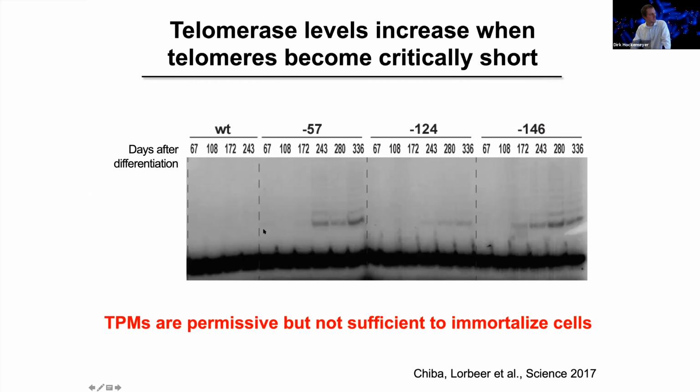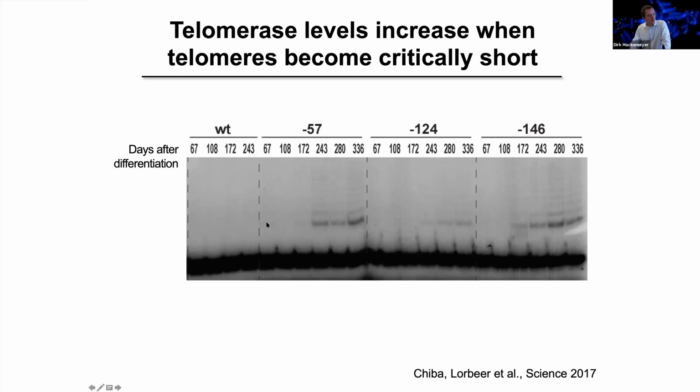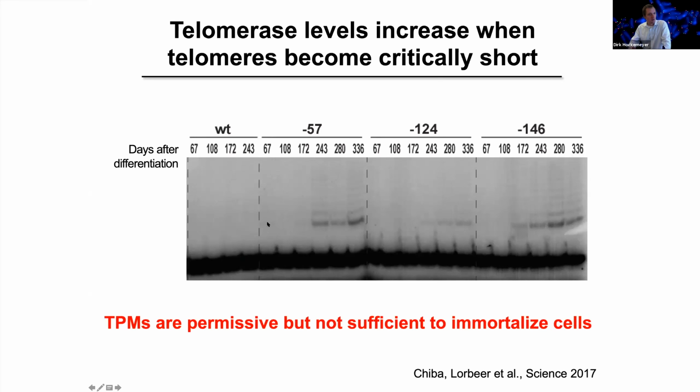So these TERT promoter mutations are sort of an epigenetic lesion that allows for the progressive upregulation of telomerase levels